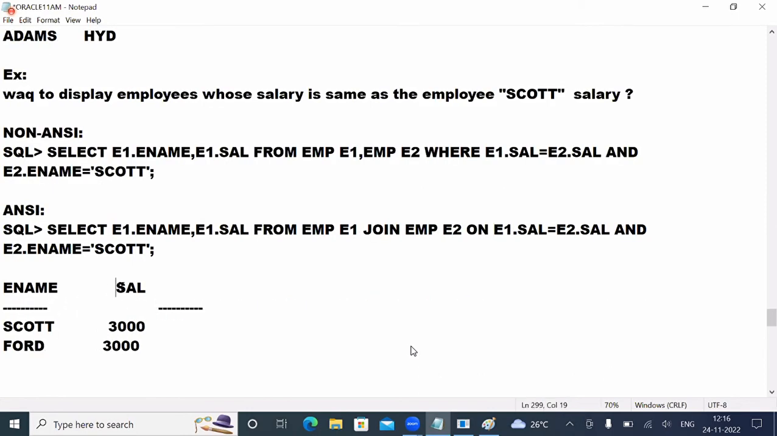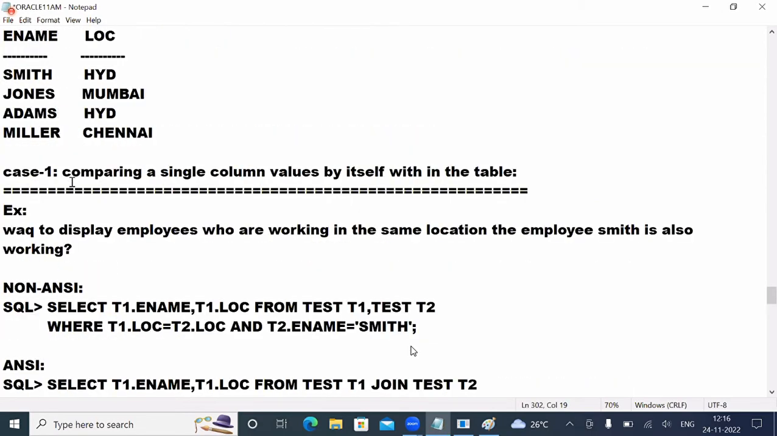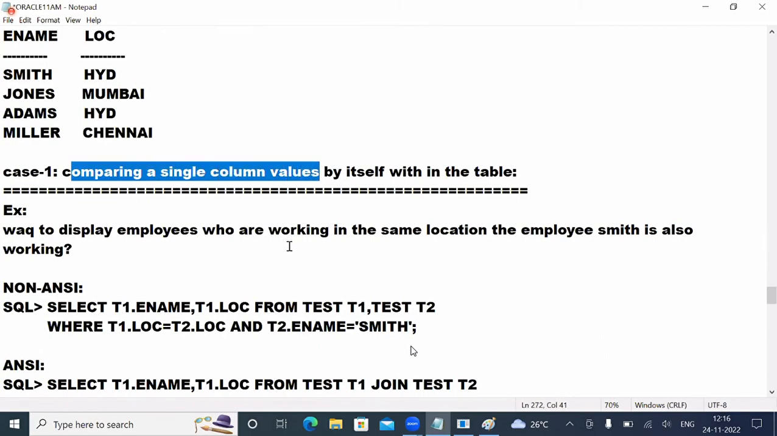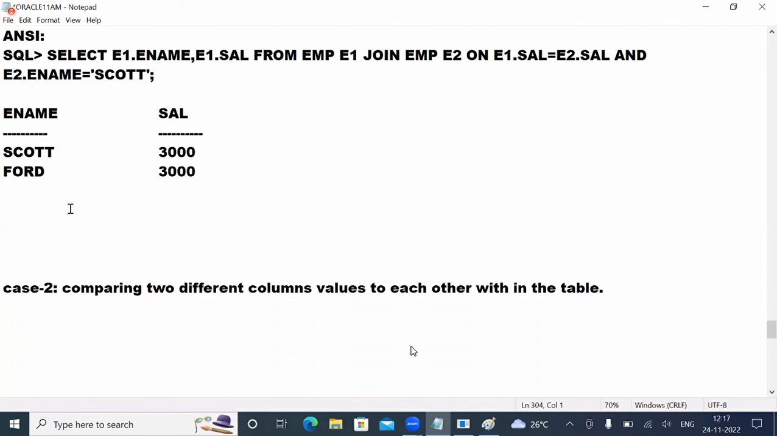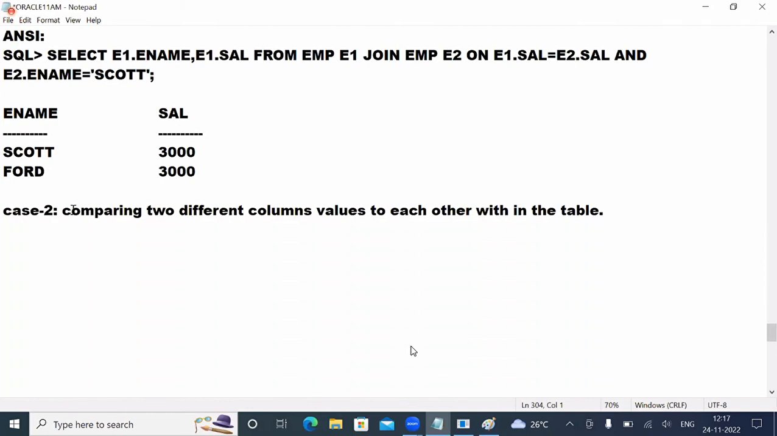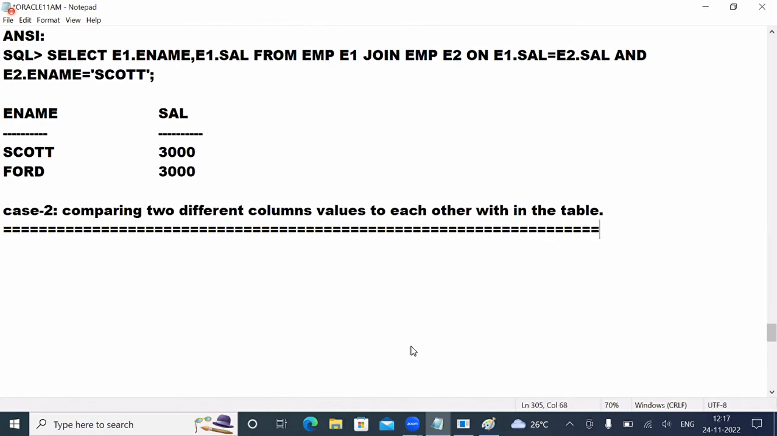And in these examples, the case is comparing single column values. This is one way. But now we will see comparing two columns. This is very, very important for us. Same execution mechanism, everything is the same. But very important questions will come to you. First example, I will ask. What is my requirement here? Write a query to display